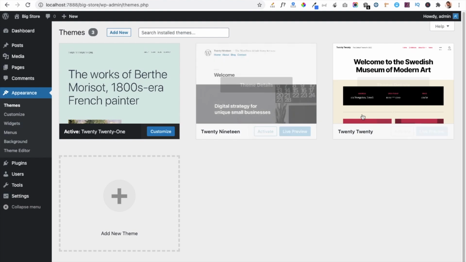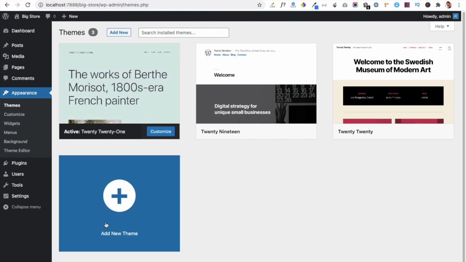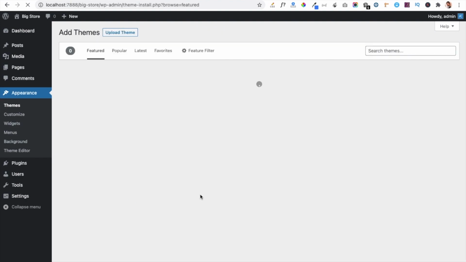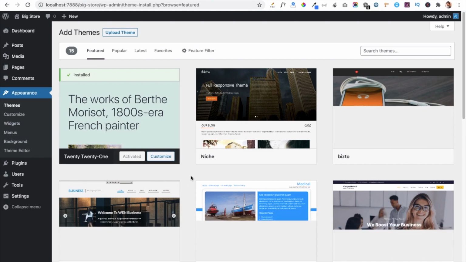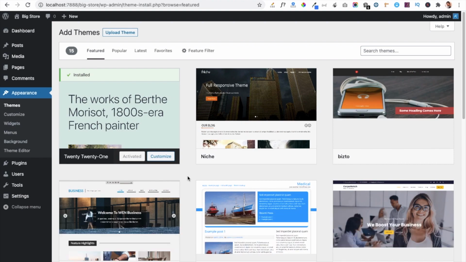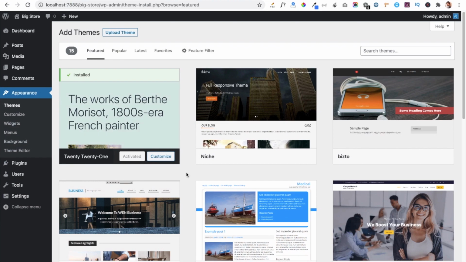These are the 3 default themes which we get in our WordPress dashboard. To add new themes, you have to either click on this Add New button or on this Add New Theme button here. I am just clicking on this button, and now you can see the list of themes which are available in WordPress, and all these themes are free of cost. You don't have to purchase any theme here. If you want some pro themes, then you have to go to their particular websites and purchase the pro version for extra features. So now we are going to install the Glowline theme.